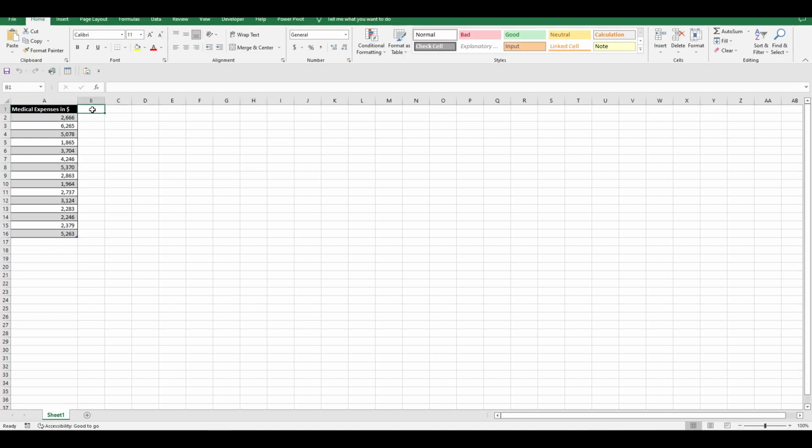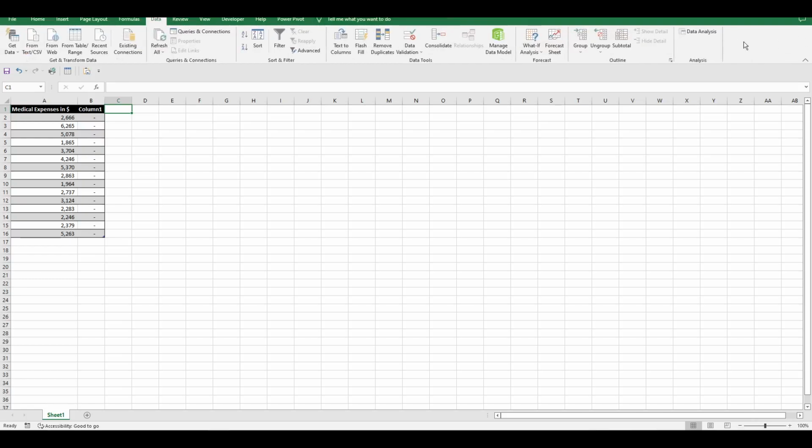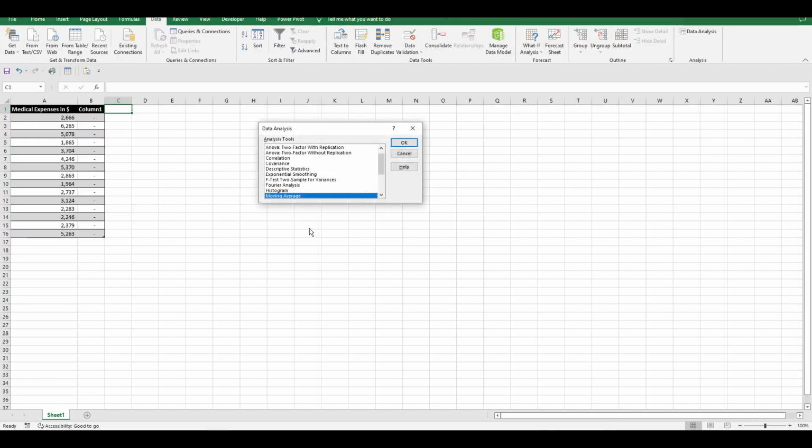So we will make a new column on the right of our data, and the values in this column are going to be 0. And we open up the data analysis package. We select t-test two-sample assuming unequal variances.